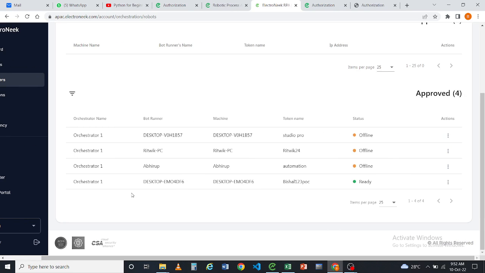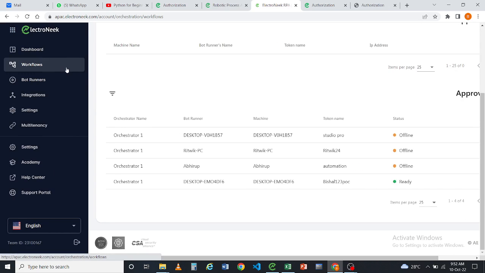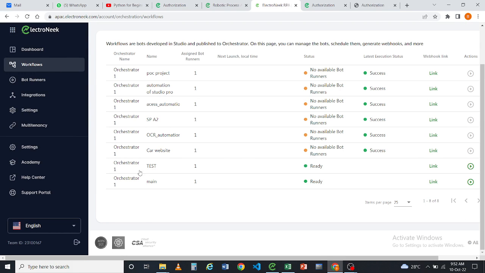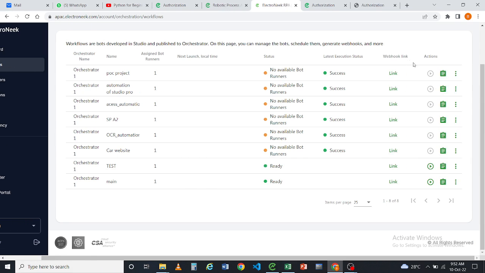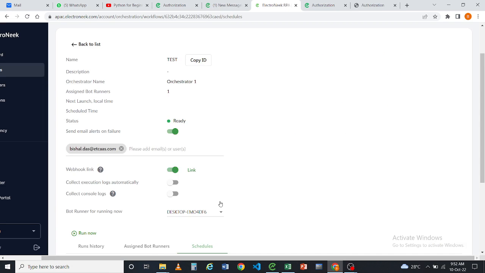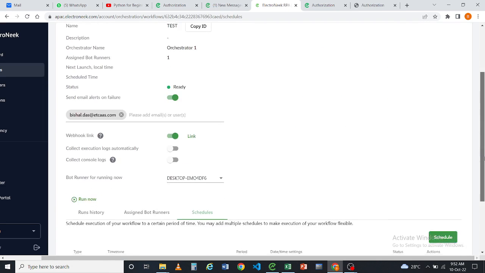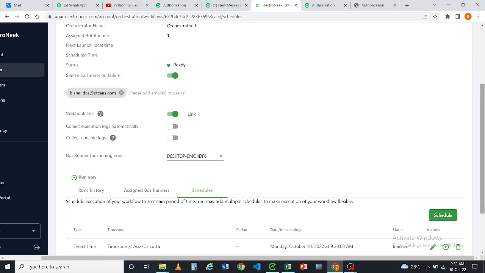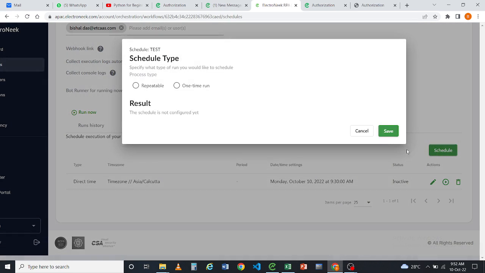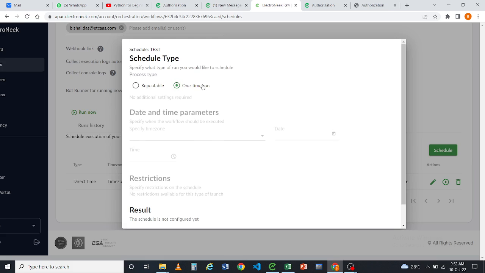Here you can see that my bot is ready, and after that I will go to the workflow where I selected the name as test case, and I have also gone to the scheduling part. Then I am scheduling the part. I selected the bot, and now I am scheduling by schedule type. I selected one time run and selected the date, today's date, and I am scheduling it for